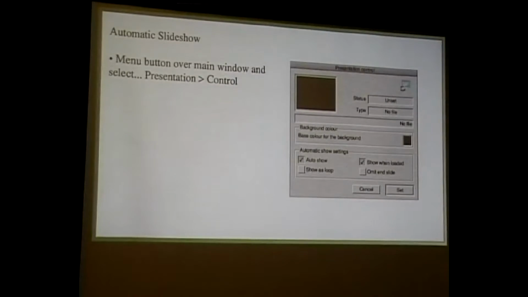Automatic slideshow, very easy to do again. You menu button over the main window, which is that thumbnail window I showed you earlier, and then you select presentation control. If you select presentation control by menuing on the background on images, you get this window here, and you can set auto show. Show when loaded, that's when you